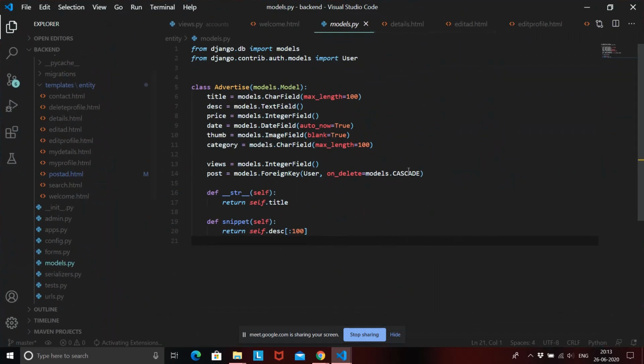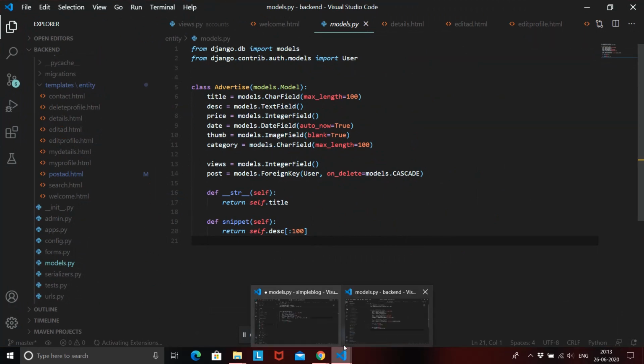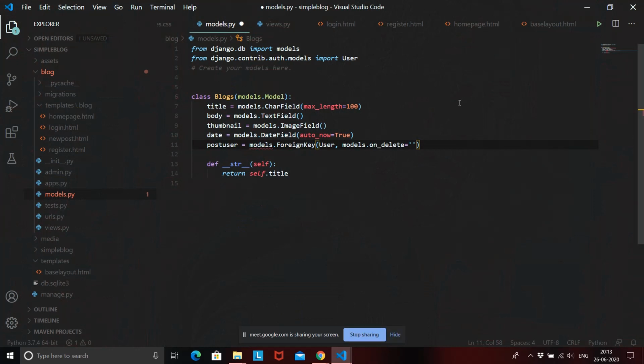Okay, the attribute that we need to add to a foreign key is called on_delete equal to models.CASCADE. Okay, that was what I was searching for.